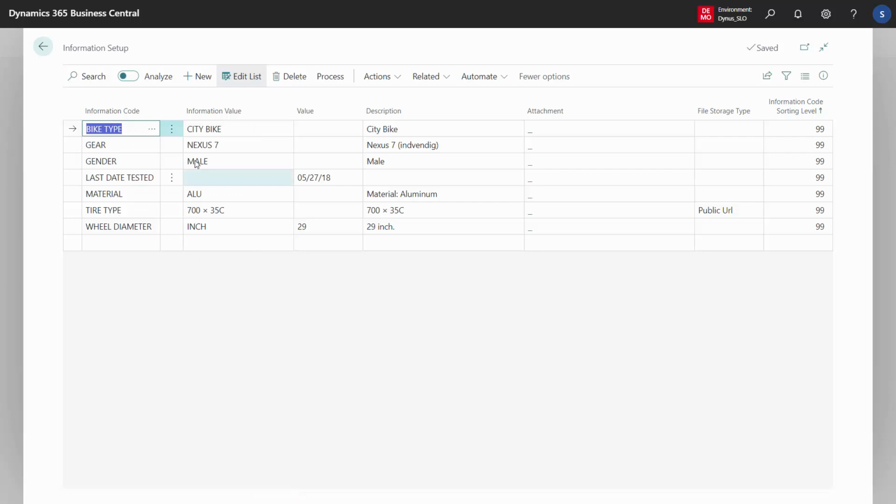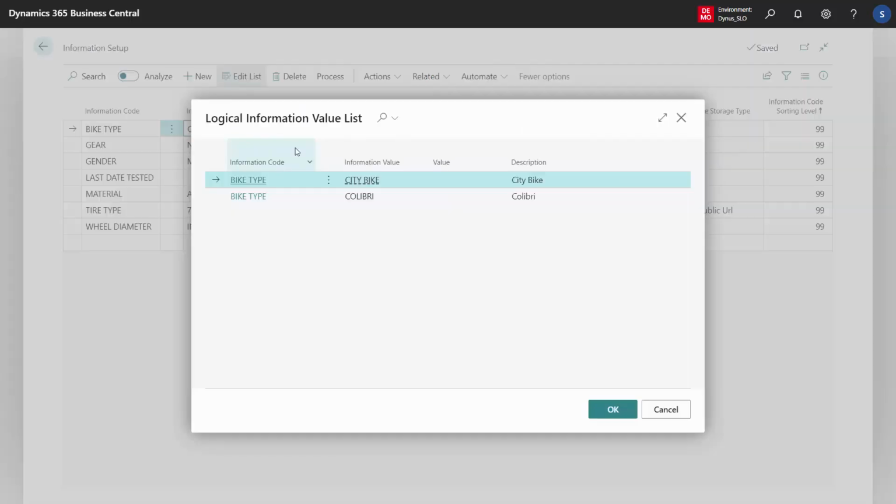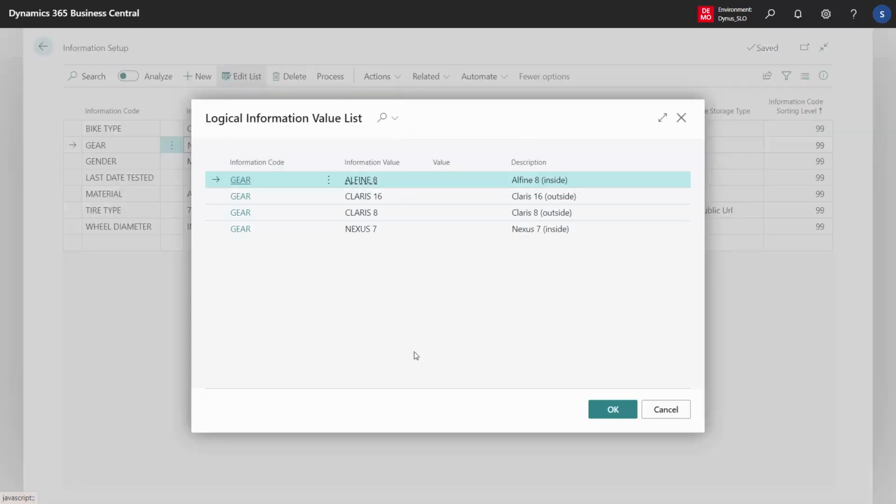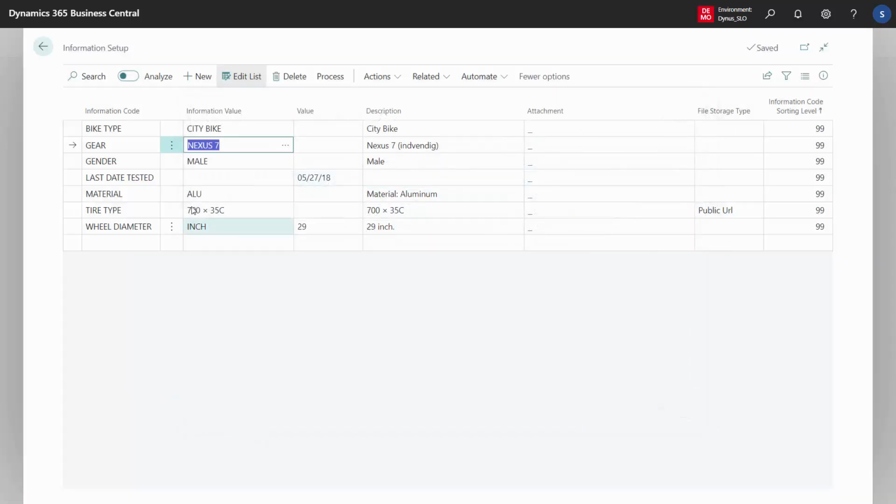per information code. This means if on my city bike I have a logic saying that if some other master data is already selected, I can only select whatever information in here. This logic applies to the information code bike type, whereas on my gear, if I have logic saying that the gear needs to be a short drop-down list depending on other master data information, it's set up on the information code gear. And therefore you do the setup directly from the information code, and this is also what determines that